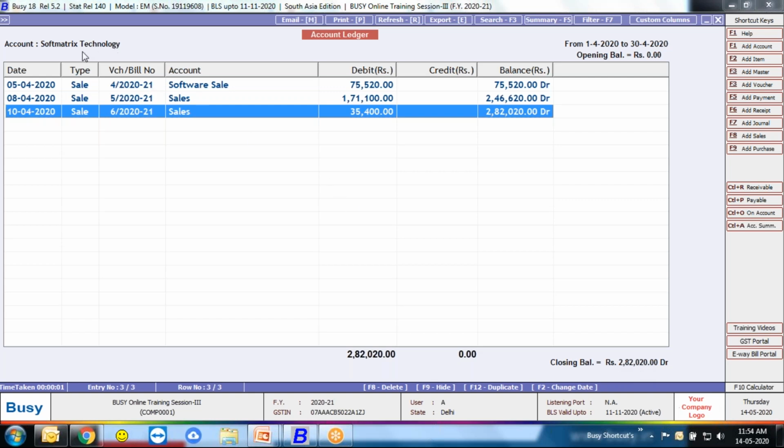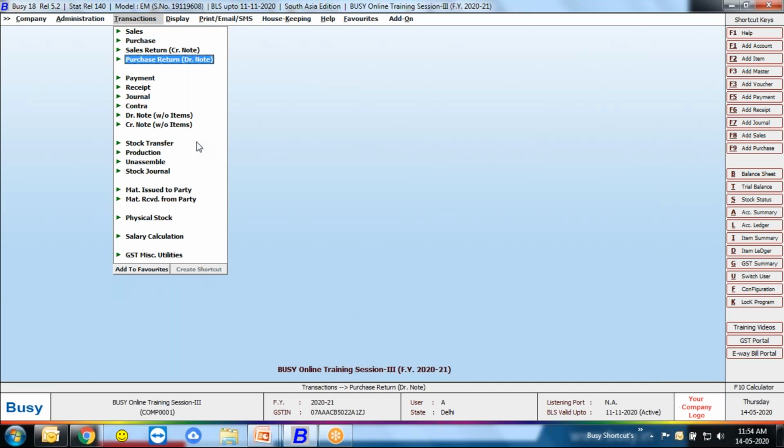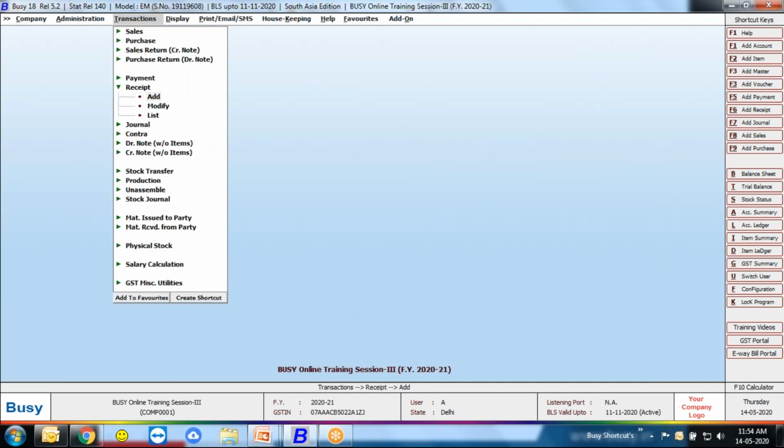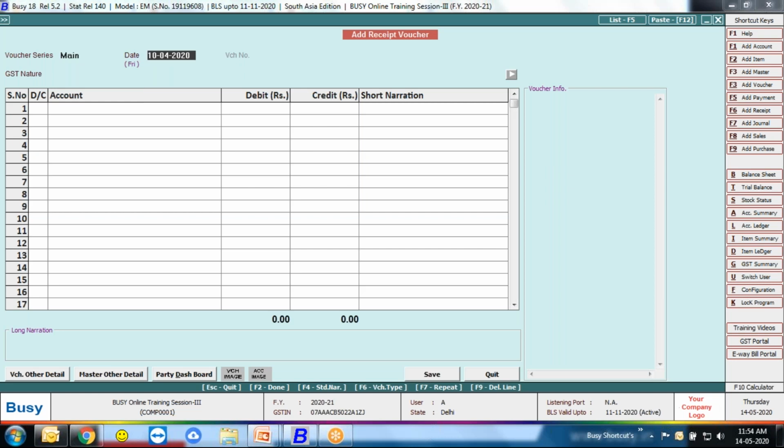Now the party said he will make a payment to us of approximately 1,05,000. Let me show you. We are going into a receipt voucher, and the party credited like 1,50,000.